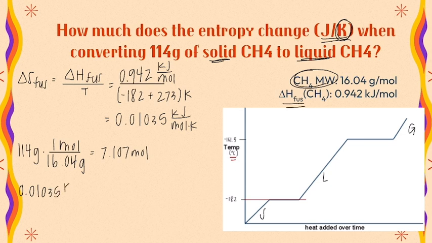So then using this original value of 0.01035 kilojoules per mole times Kelvin, I'm going to multiply by my 7.107 moles. This is going to cancel out the moles, but I know that I want joules as well. So my dimensional analysis, 1 kilojoules is 1,000 joules. These cancel, and my overall value is going to be 73.56 joules per Kelvin based on my heat